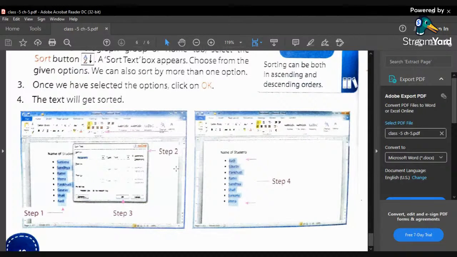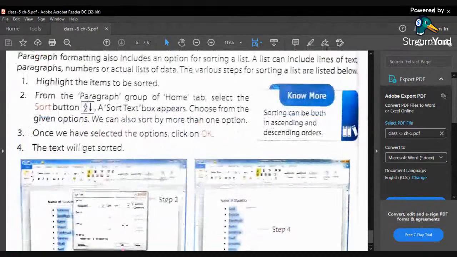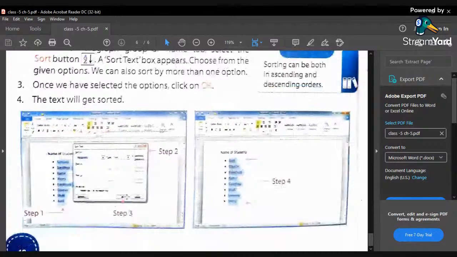So from the paragraph, how do you apply it? You go to the Paragraph group from the Home tab, select your text and click on the sorting option, and a Sort box will appear. Here it is, the Sort box. You can change what you want, and we can also sort by more options for different types of sorting. Once you have selected your options, you click here, and after that you can see the change